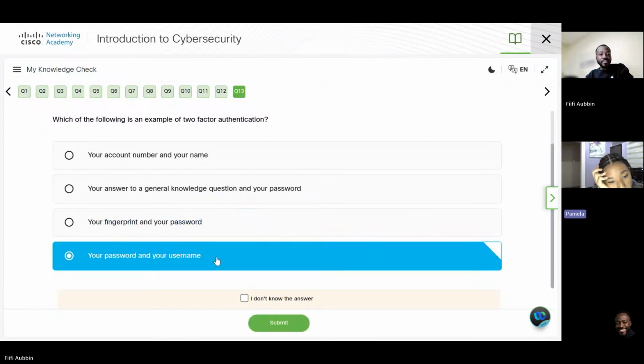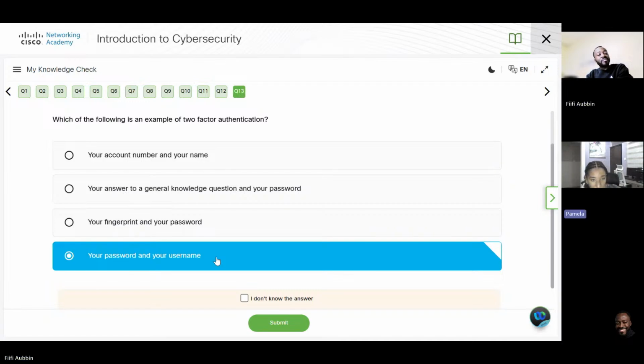Two-factor authentication could be your account number and name, but I think that depends, because usually with two-factor authentication you enter your details and they send you a code. So after you enter your username and password, there is another layer of security where they send a code to you.